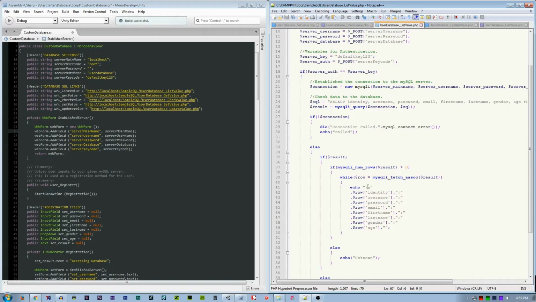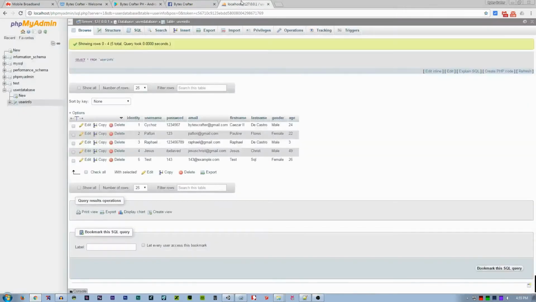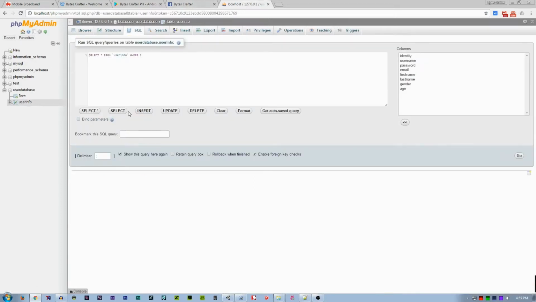After we establish a connection, we will make a new SQL. You can find this SQL here on the database. Now, what we need is to get all the data.